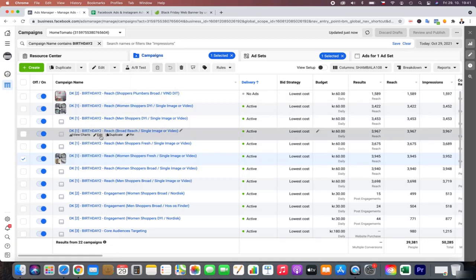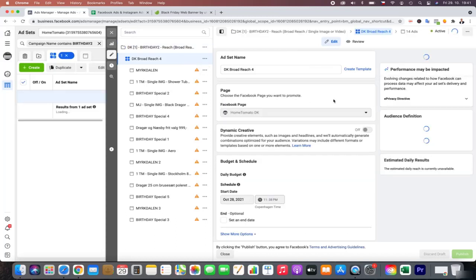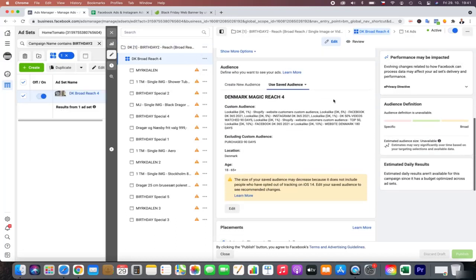Basically you can see this broad reach, and this is also using some very wide lookalike 10%, supported with some more defined lookalike 1%.